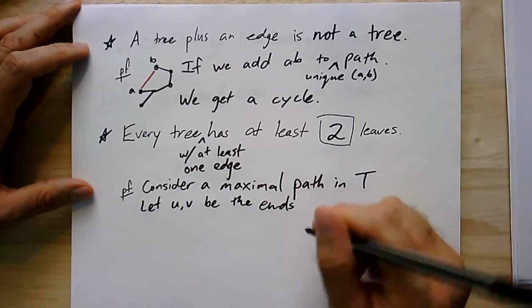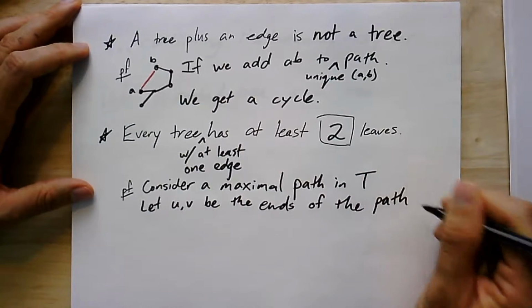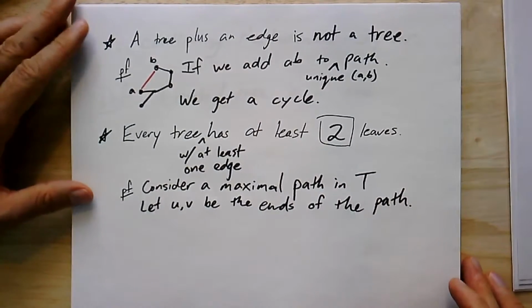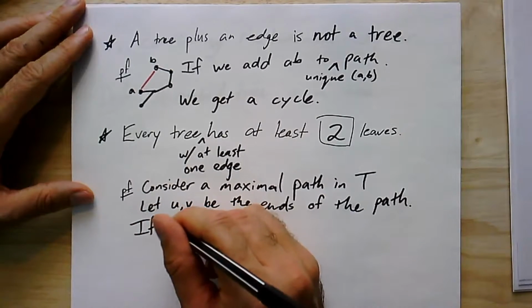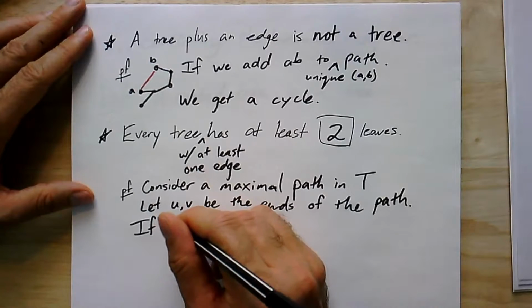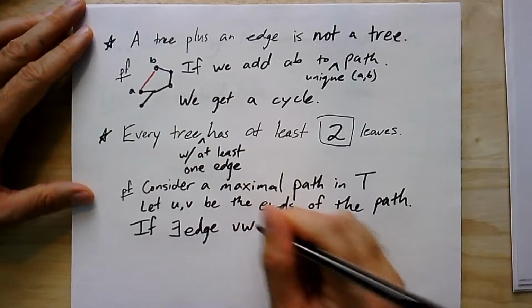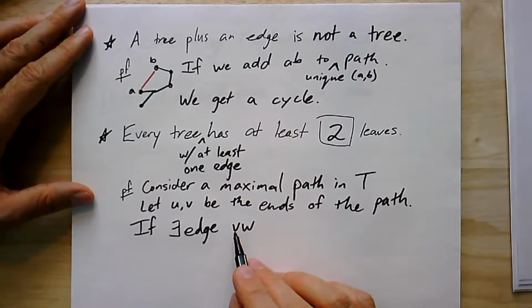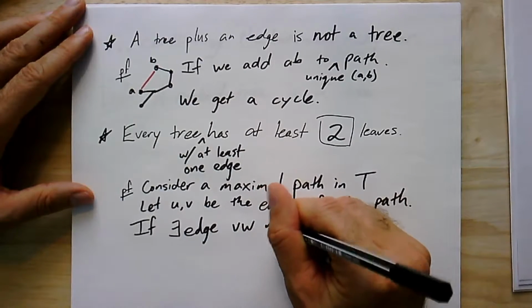Starts at u, say, ends at v. Then I claim that u and v have to be leaves, and here's why. You see, if there was an edge, let's call it vw, so if there are any other edges coming out of v besides the last one in the path, that's not in the path,